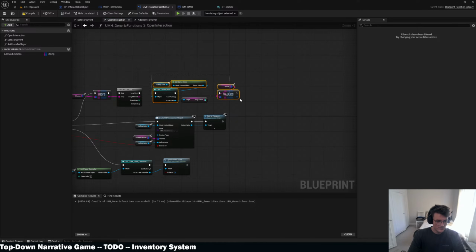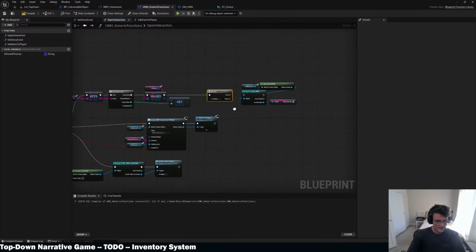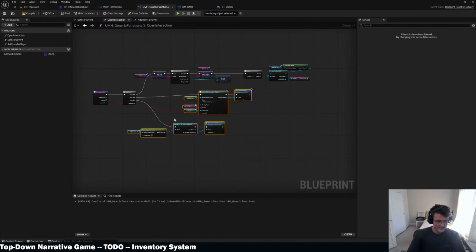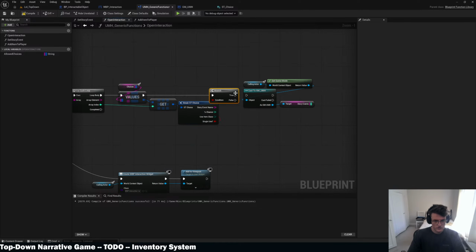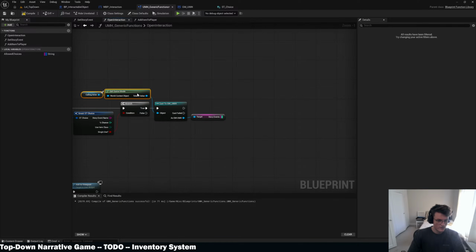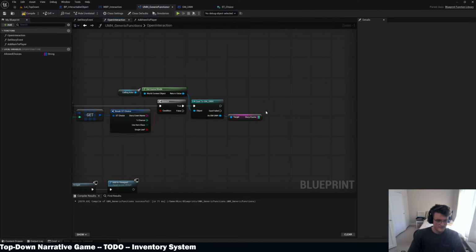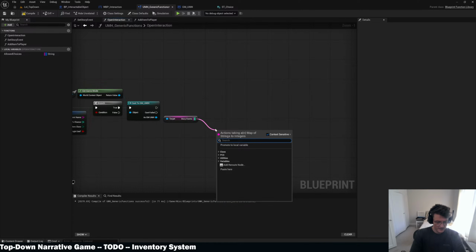What's the best way to do this? I think the most efficient way would be to first check, get copy at this index, and say first off, is it a single use? Break, single use true. So then cast the game mode and say, well, have I done this before? So story events, get our keys,